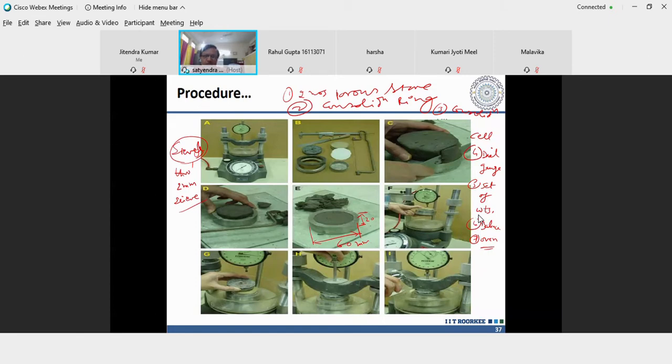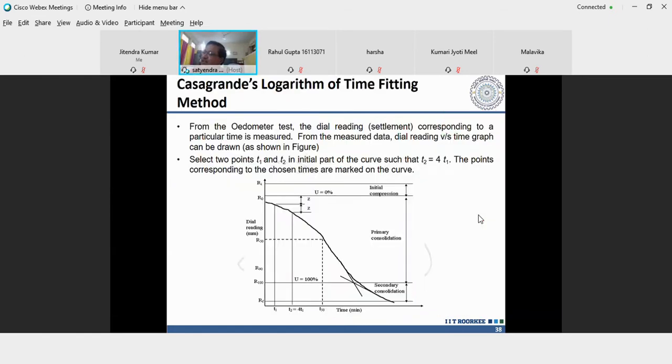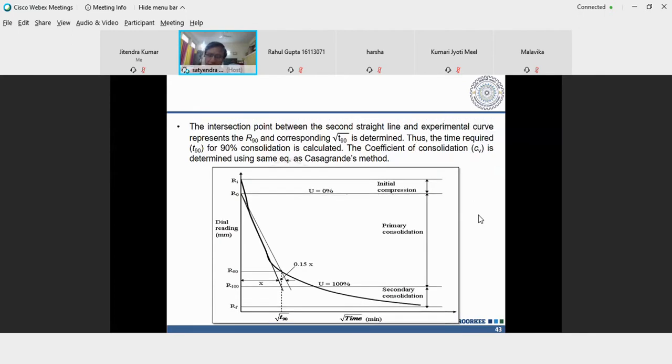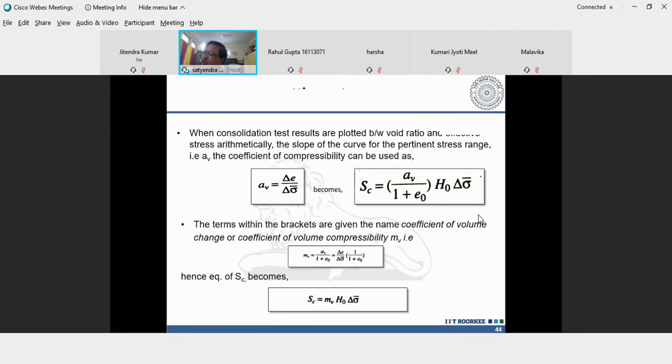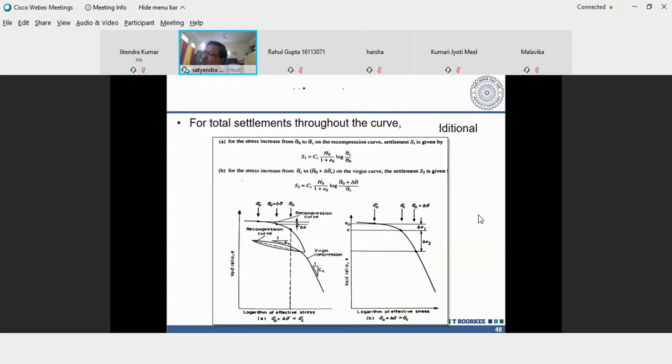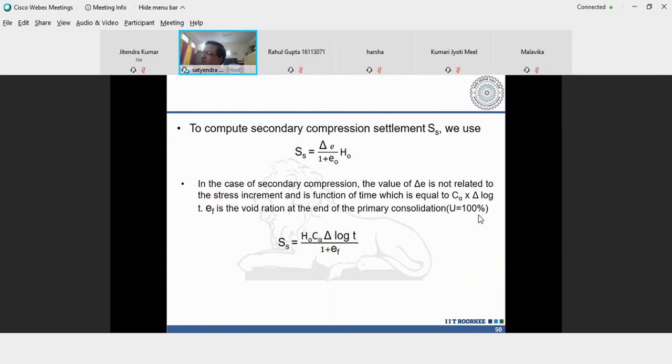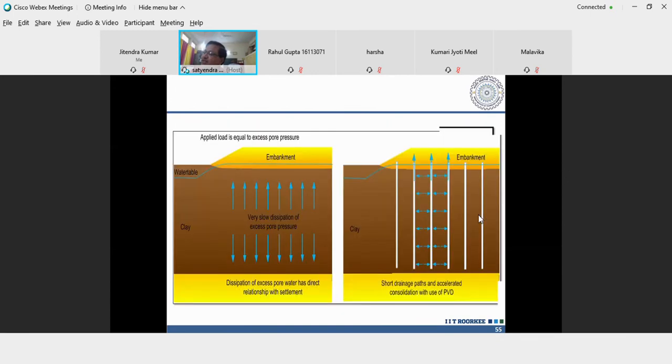These things you should remember. You should remember the lever arm system, then the size of the consolidation ring. You should always remember the size of the sieve, or what the particle size should be for which the testing is conducted. Now friends, you can conduct this test either on an undisturbed sample, or you can conduct this test on a remolded soil sample also.